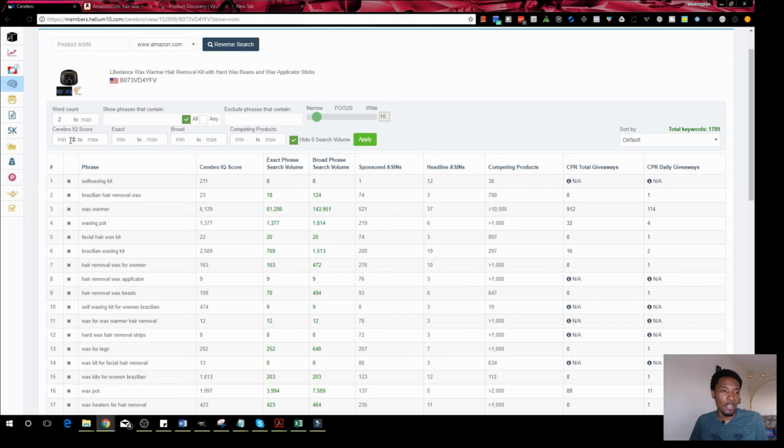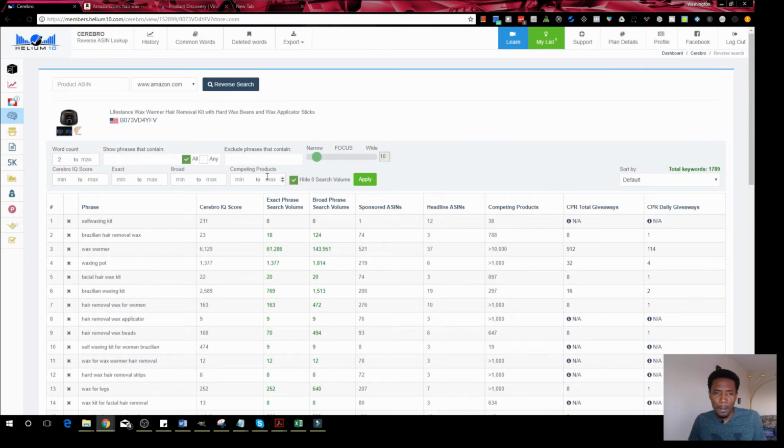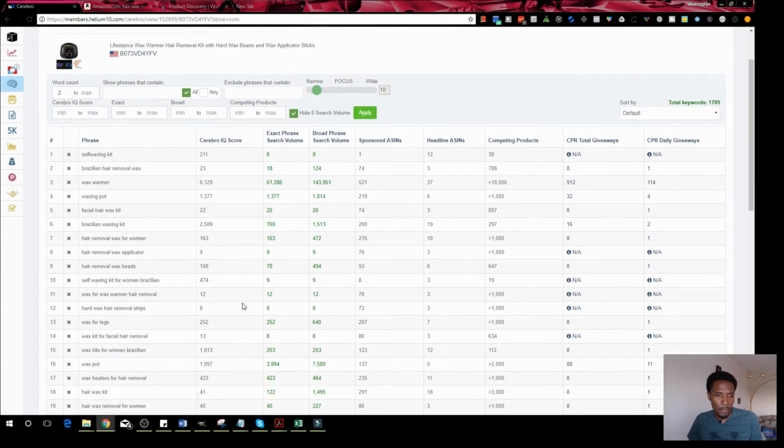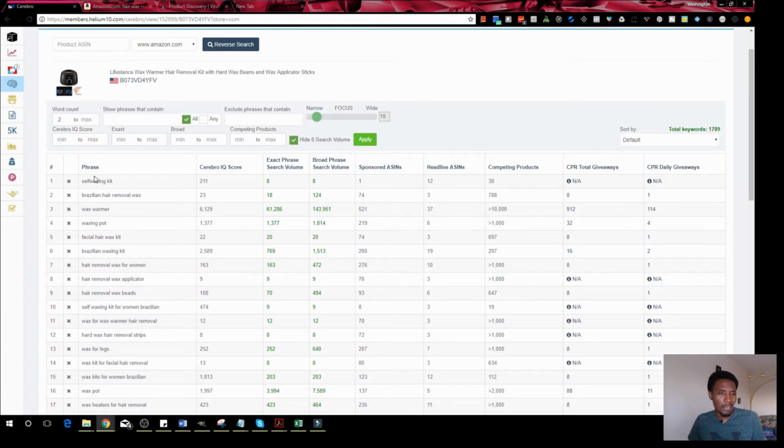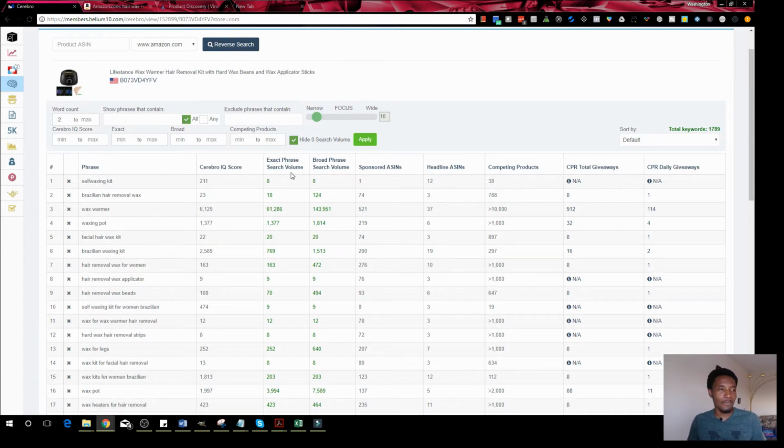So what we see here is there are already some filters that we can use to kind of be more focused on what we're looking for. So we could narrow this list by quite a lot more if we wanted to, but one of the first things I do is I sort. I'm not sure what the default sorting column is for this. Doesn't really jump out at me. Might be relevance, but anyways, what I normally do first of all is to sort by exact phrase search volume,